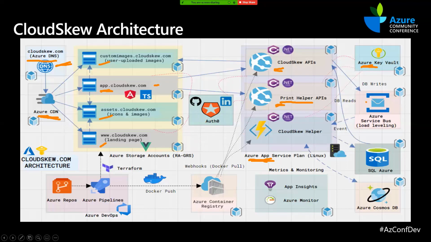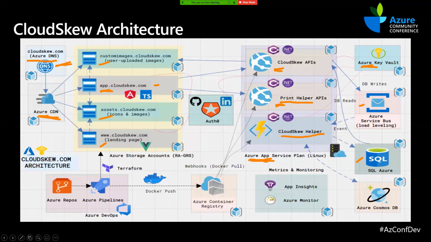After this, SQL Azure is our main persistence layer. So the primary entities that we deal with, user profiles, diagrams, diagram templates, get persisted as JSON in SQL Azure. We don't write directly to SQL Azure because there's a whole burst of requests caused by the autosave feature. So instead, to level the load, we first write to a buffer, which is Azure Service Bus. So all the writes are not committed directly to SQL Azure. They go onto a service bus.